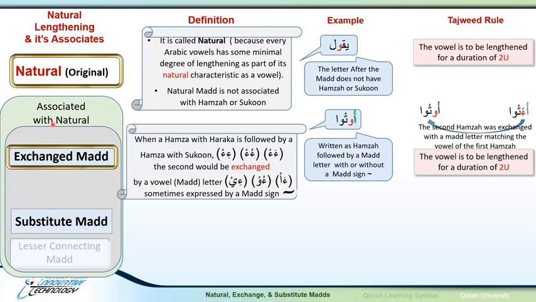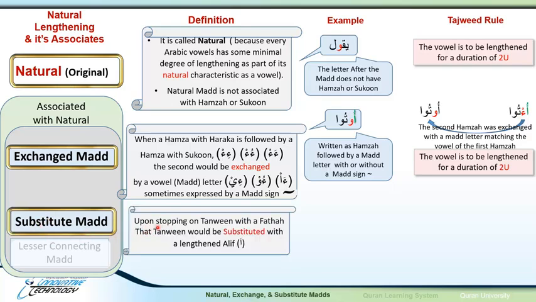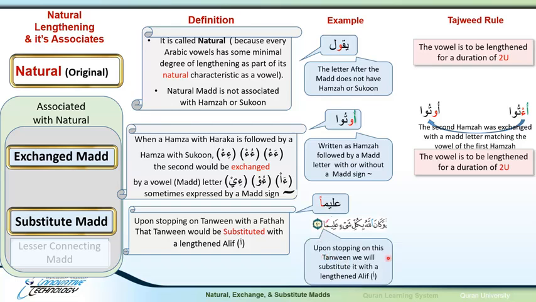The second associated med with the natural is the substitute med, and the substitute med happens when we stop on a tanween with a fatha. The tanween would be substituted with a lengthened alif. We'll give an example. Aliman, there is a tanween on the letter here, and if this is at the end of a verse, when we stop at the end, وَكَانَ اللَّهُ بِكُلِّ شَيْءٍ عَلِيمًا, we say aliimaa, and we don't say aliiman. What we do here is, upon stopping at the tanween, which is at the end of a word, at the end of a verse,